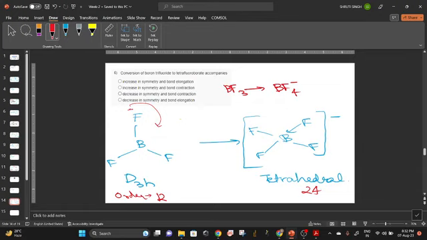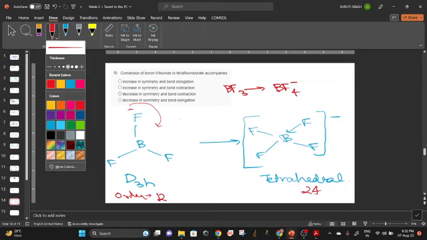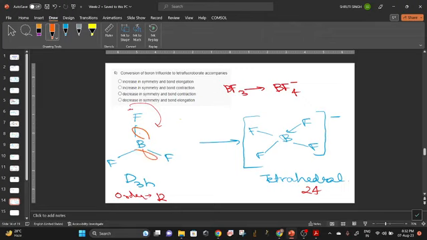I think the answer should be based on the back bonding thing. The back bonding will not be possible here in the BF4 thing. This is a prominent example of back bonding, right? You guys must be studying this one. So when this donates a lone pair into its vacant orbital, the character of this bond becomes like a partial double bond. So for a partial double bond, the bond length will be shorter, usually shorter.